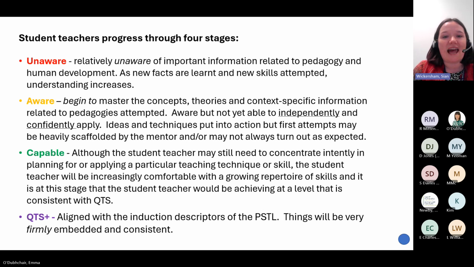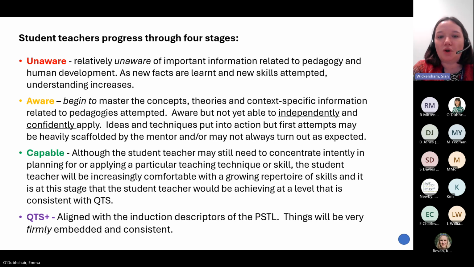It simply means that they haven't yet been exposed to some of this information that makes up the craft of teaching. And as new facts are learnt and new skills are attempted, their understanding starts to increase. And we end up in this place where we've got some awareness. So we would assess student teachers as aware. They are beginning to master concepts, theories, and context-specific information, but they are not yet able to independently and confidently